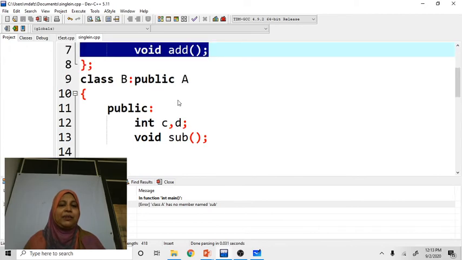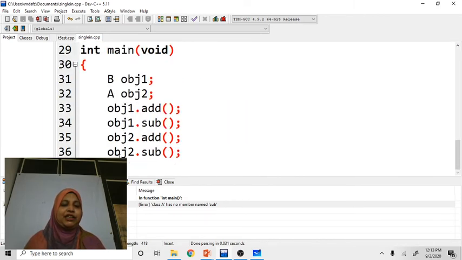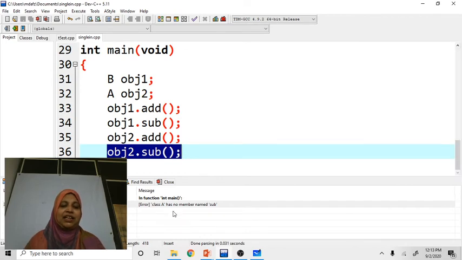But by creating the object of class A, I can't access the member functions or variables which are present in class B. See here, I am trying to access this one. That's the reason I can't access it. We are getting an error: class A has no member sub.